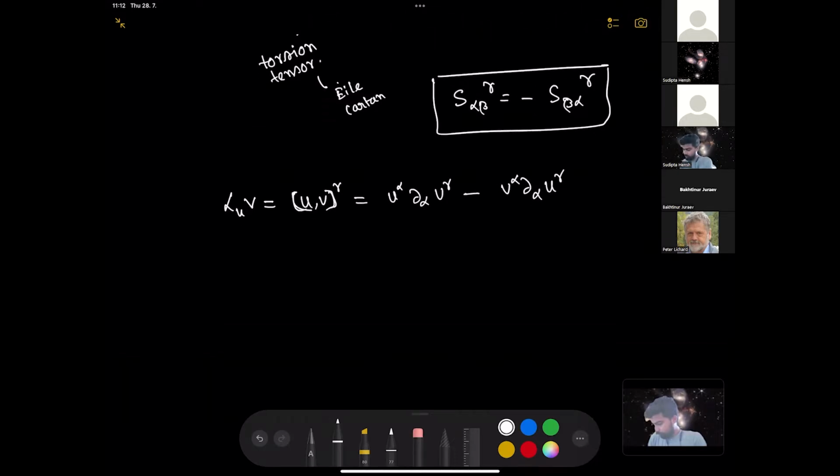This is the definition of the Lie derivative of V along a vector U. And if we use the definition of the covariant derivative,